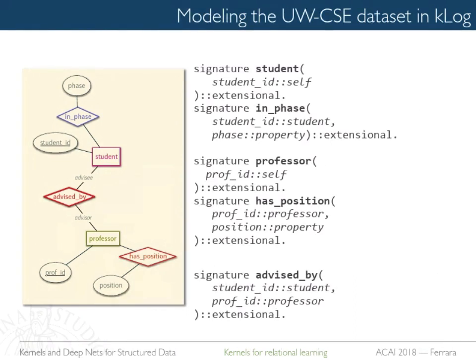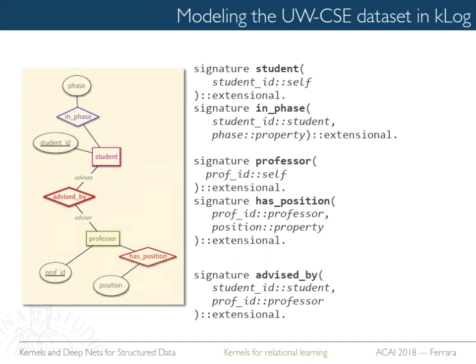So it's about a standard Prolog with some annotations. You have to basically declare the student with this keyword here. You explain to the system that this is actually an entity, right? Whereas in phase, since it has two things, like a student ID, which is a type student, it means it's actually not an entity, but a property in a sense. So it's a relationship, a unary relationship in this case, of the student.